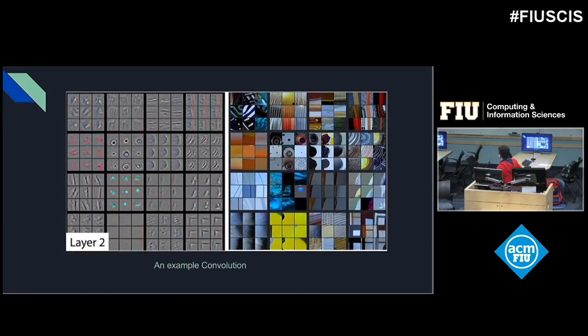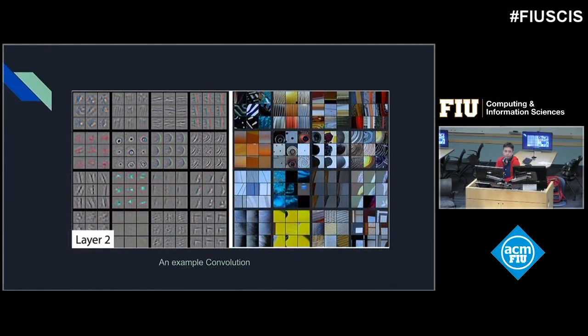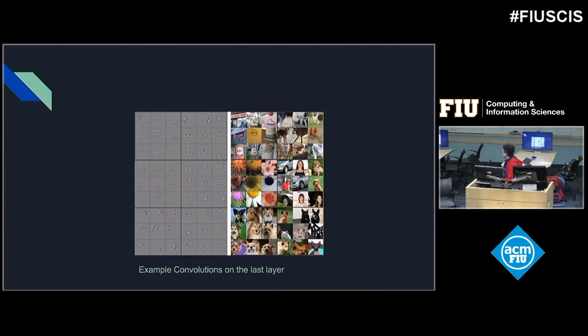These are examples of convolutions on images. If we look at the two top right ones, you'll see that it's learning how to identify lines and shapes in an image. This is just a layer 2 convolution, so it's pretty early on. But when we look at convolutions at the last layer, we can see that it learns faces. If we look at the middle section with that woman, we can see that it's mapped out her face as a function, and so it learns how to identify her.